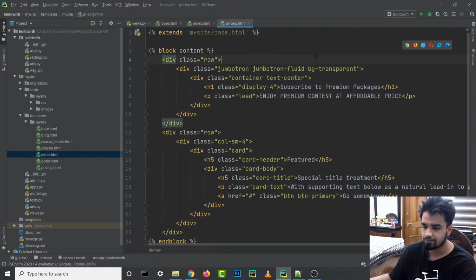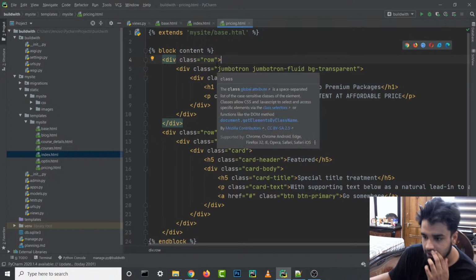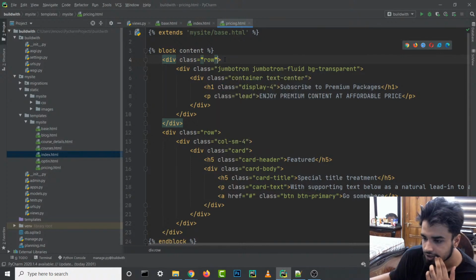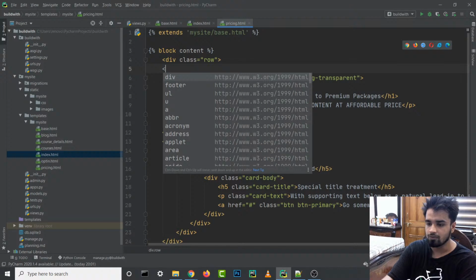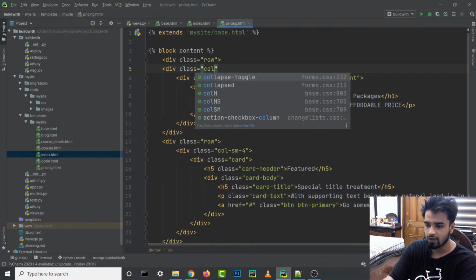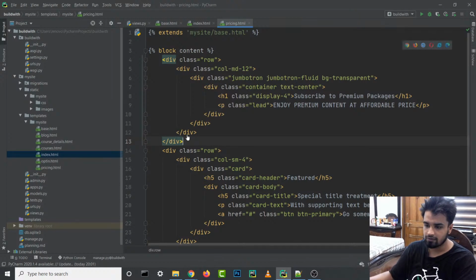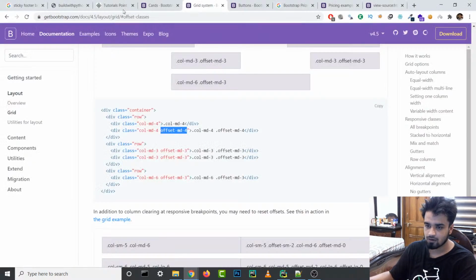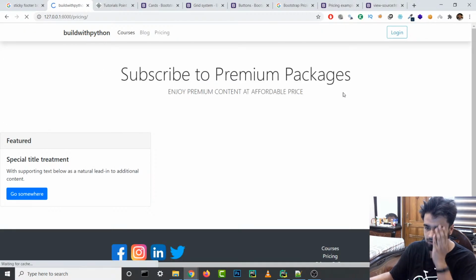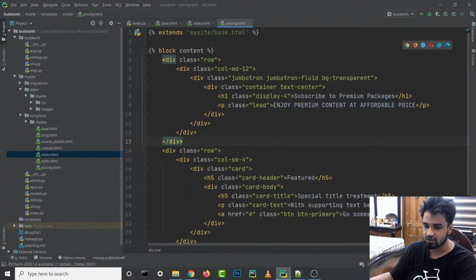And can we just, how do I give, but I can't give, this is a row, right? I guess we can just give it 12 columns. Shouldn't be a problem. md-12, and end it over here. Format everything properly, and let's reload it. So yeah, that is at the center of the screen, and I think we can also